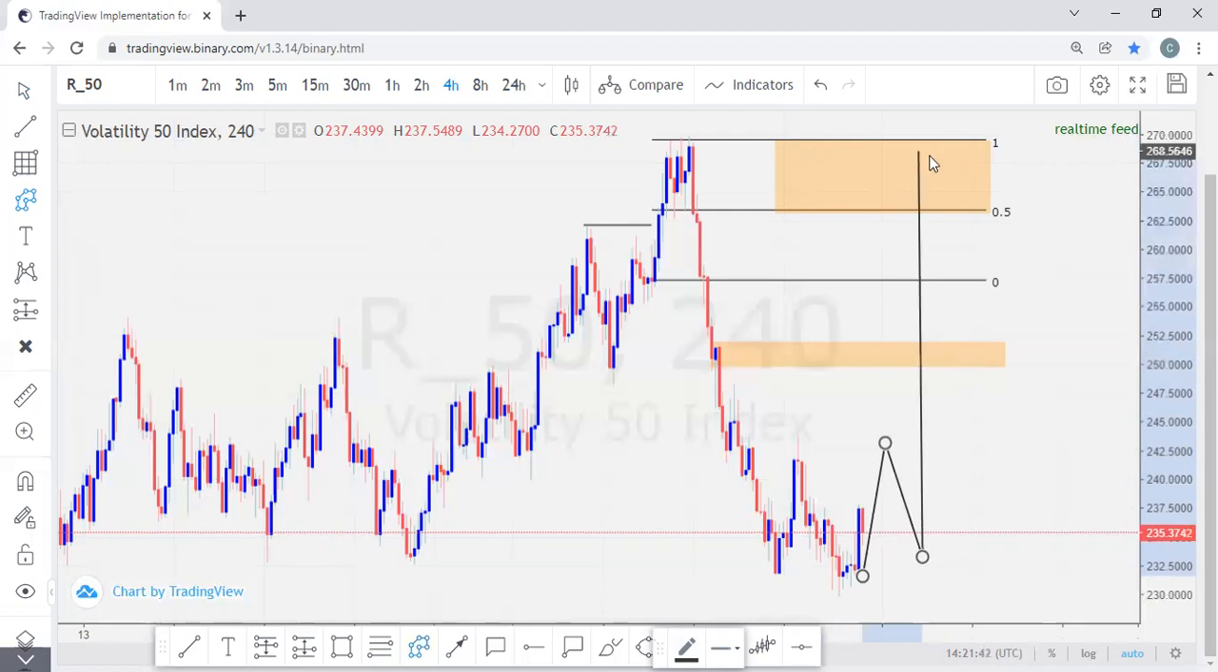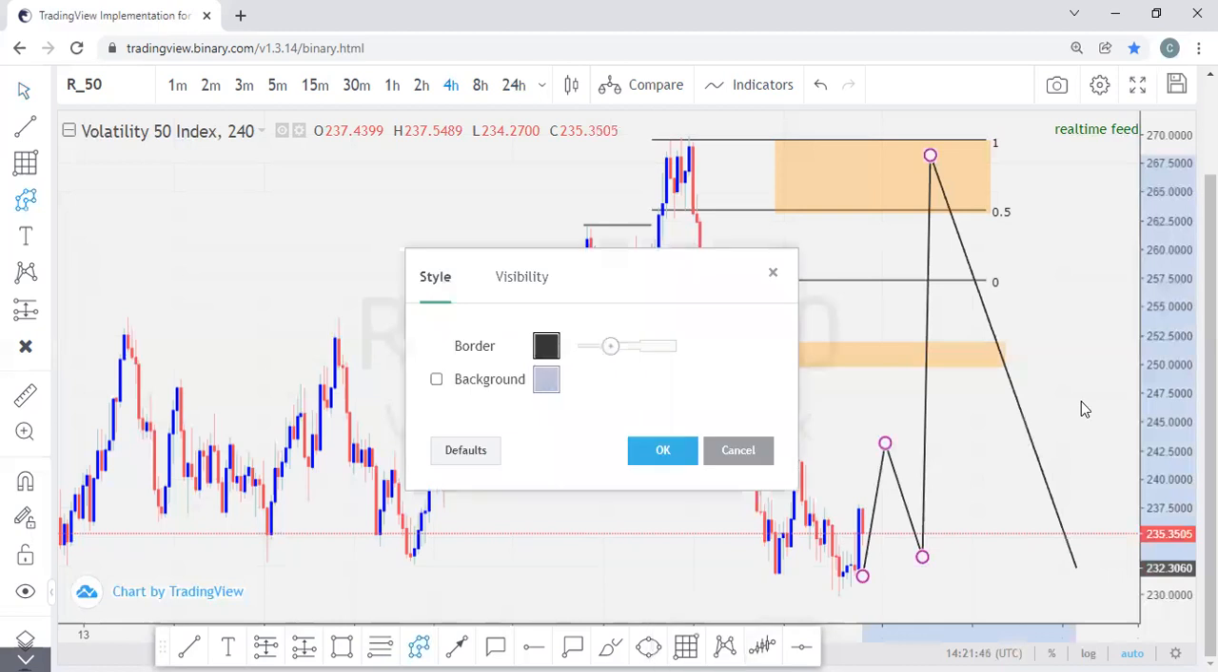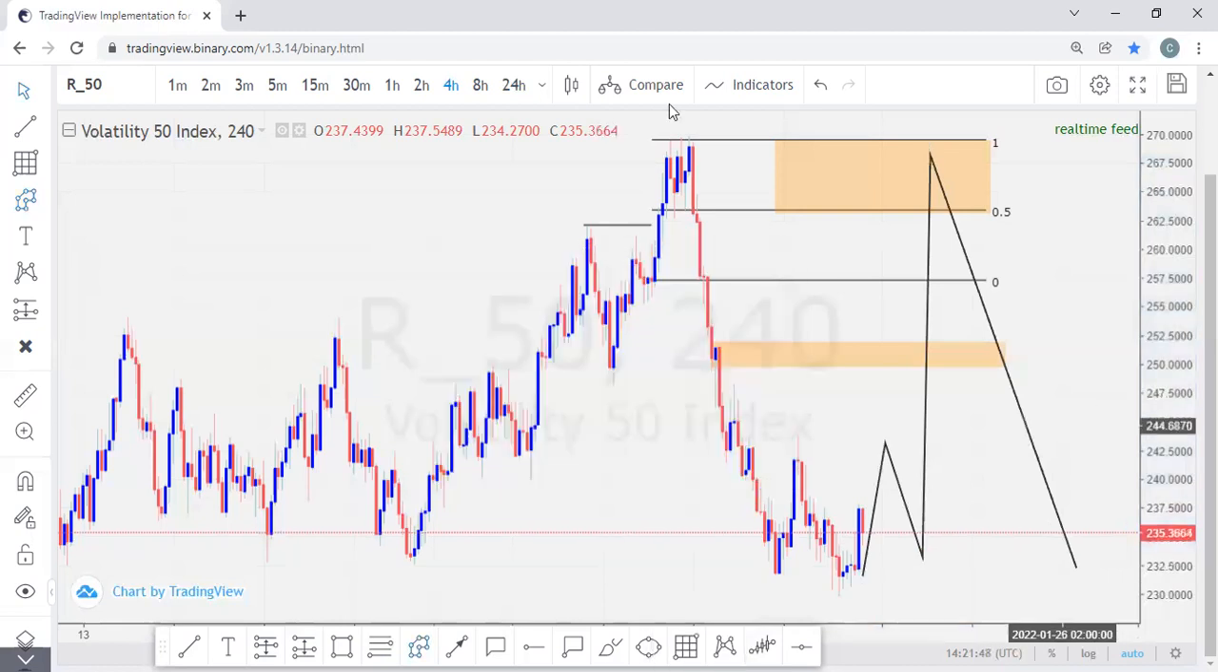So I'm looking at this point for my entry, right? I was waiting for the market to come there to give me my sell setup. You have to be very patient with this particular analysis because it may take a lot of time to play out,